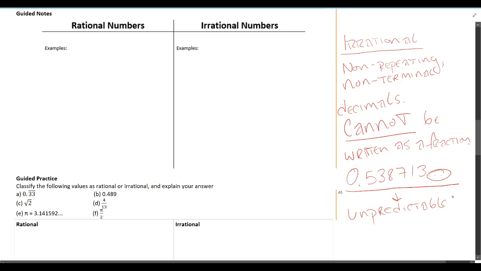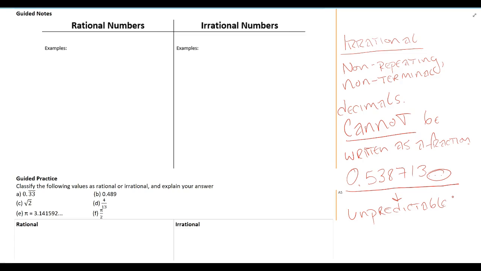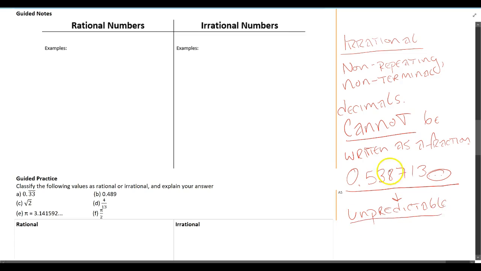Except for some very key cases such as pi, which we know to a certain amount. It's still being calculated out to hundreds of billions of decimal places. It is unpredictable when it's presented to you. So if I gave you this number and I said, okay, what comes next? You wouldn't be able to tell me necessarily. So that would make it an irrational number.